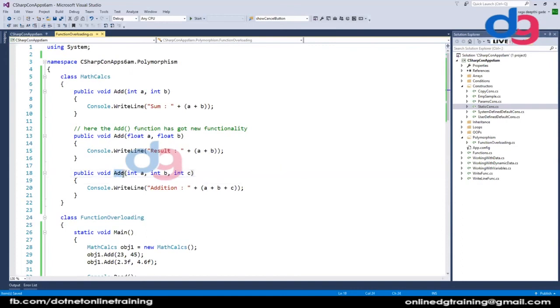The same function, when I pass 2 parameters, behaves in one way; when I pass 3 parameters, it behaves in a different way. So instead of taking 2 different functions, I made a function overloading, and whenever I pass the third parameter,